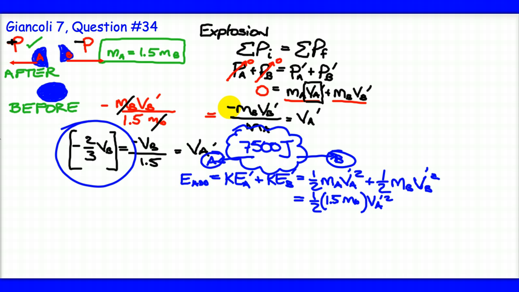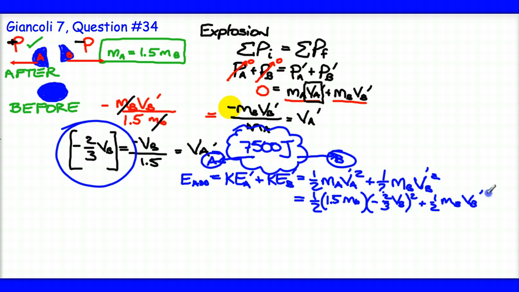I shouldn't have written that here. So let me come back and rewrite this as negative 2/3 the velocity of B, but I'm going to square it. And so we'll see that that negative basically goes away, plus 1/2